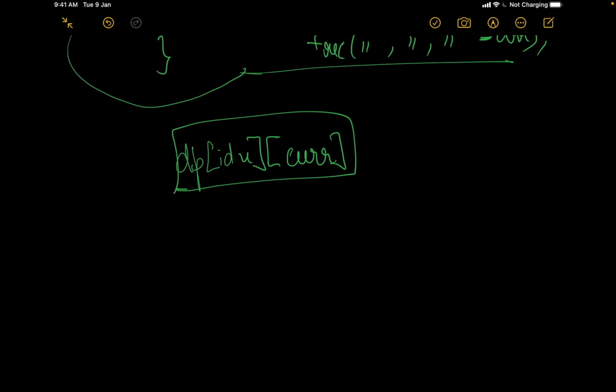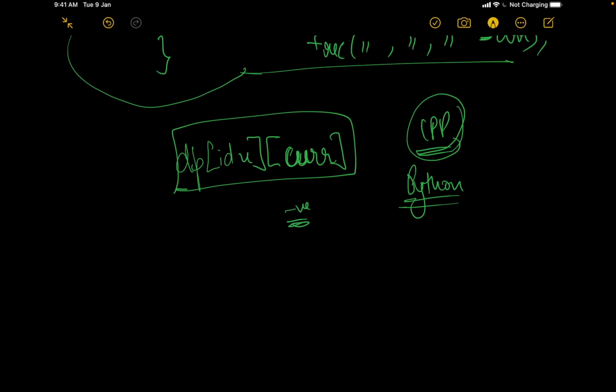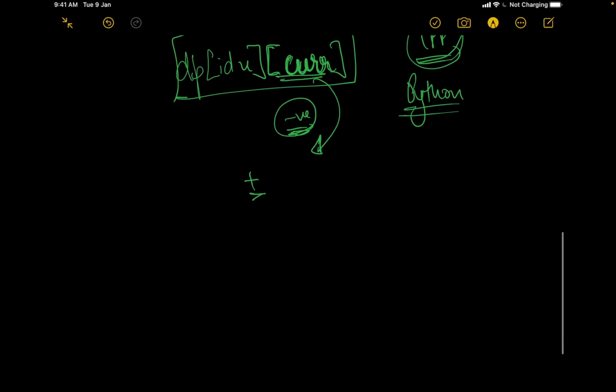One more thing to note over here is that since I'm coding in C++, I'll have to check for this condition. If you are coding in, let's say, Python or any other language which supports negative values as indexes, then it's fine. But C++ doesn't allow me accessing negative indexes. So over here I'll have to add something to it. Now what can I add? So if we remember that the number of